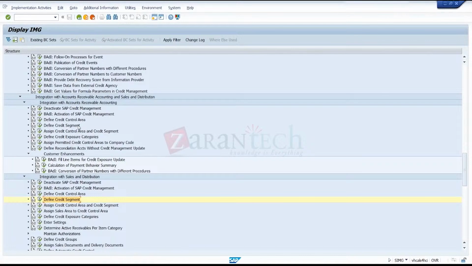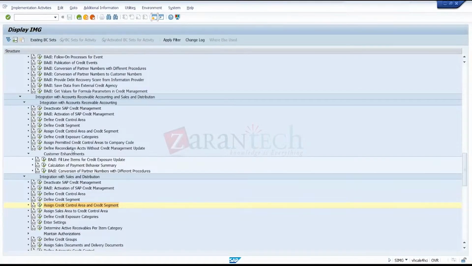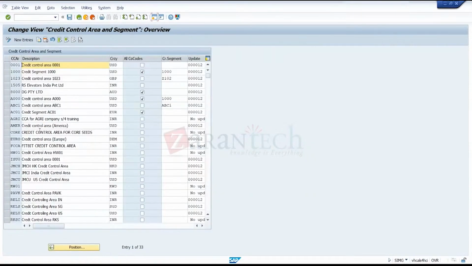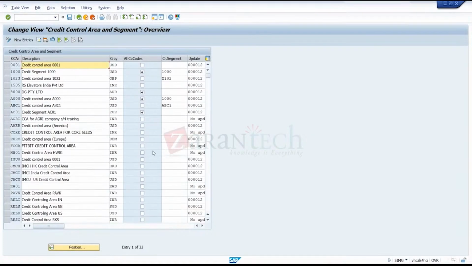Okay, so now go to assign credit control area and credit segment. Just before that, execute it, in the integration, finance part. Okay, here you are telling about here. So this segment, this credit control area, under TRGS and TRGC, credit control area linked with the